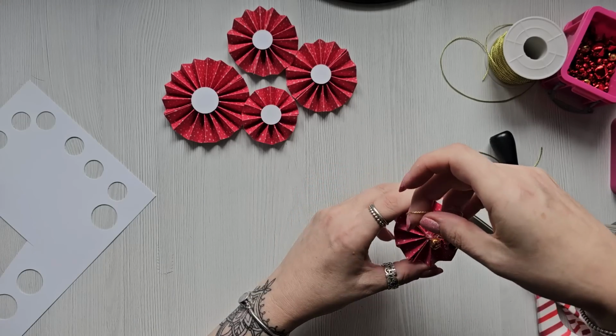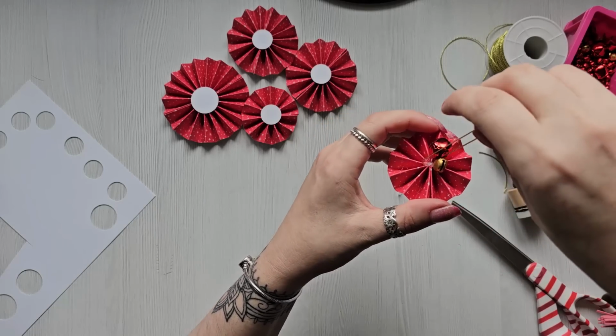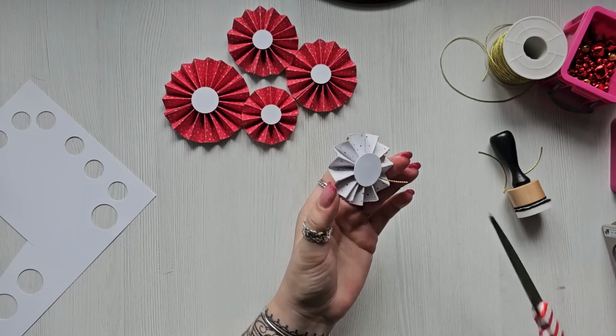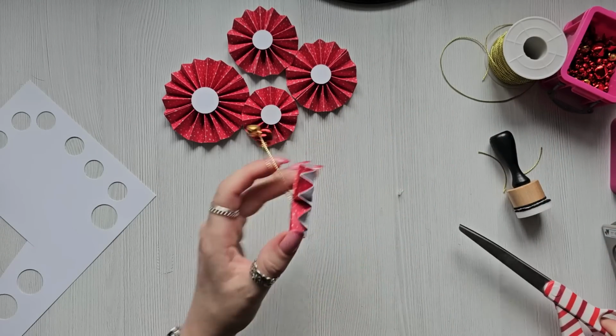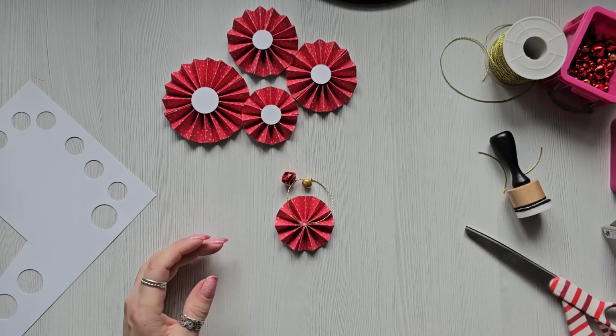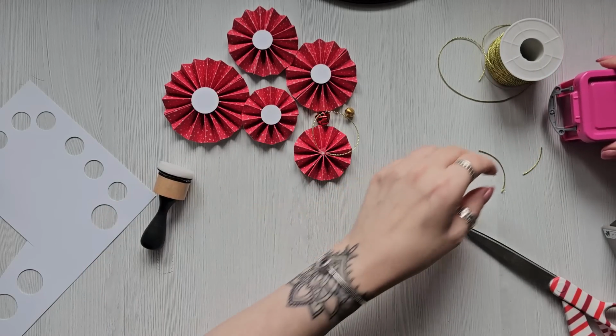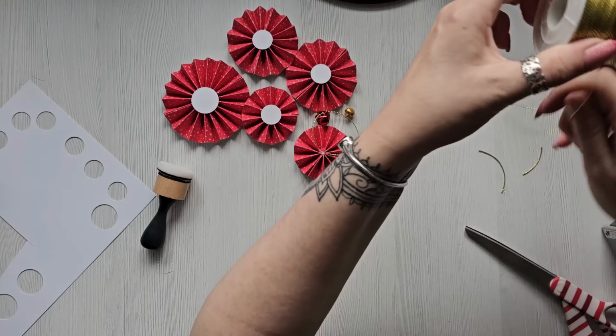There we go, so we've got our little thing to hang it on, and it's glued inside there. Just snip that bit off so it doesn't show through. That's why I didn't do that bit. So they're all done now, but what I want to do this time